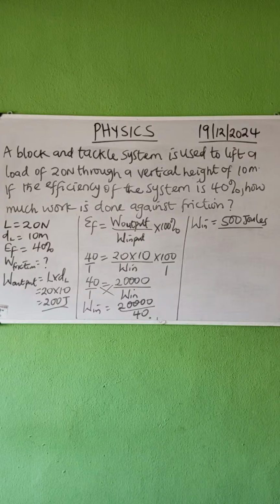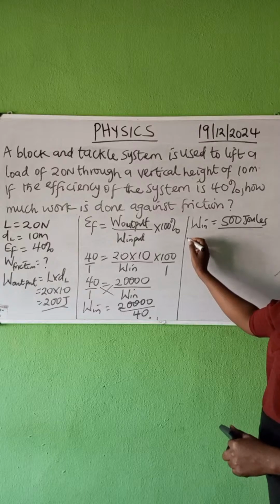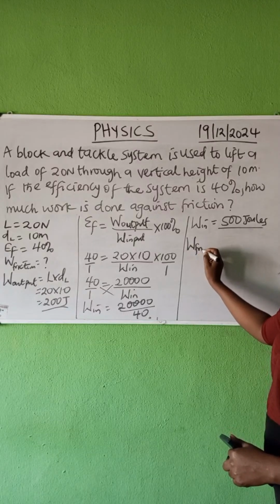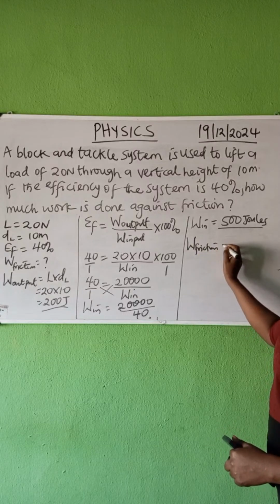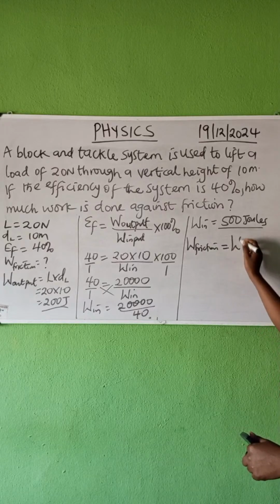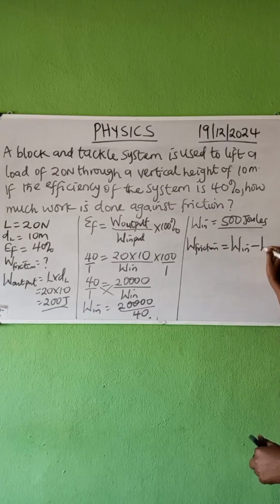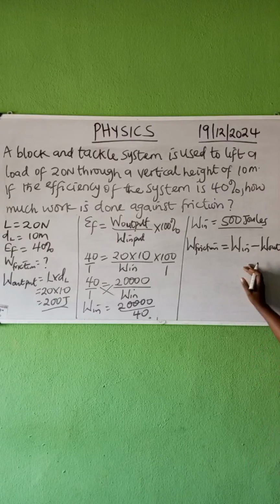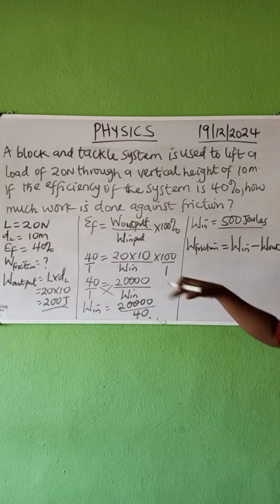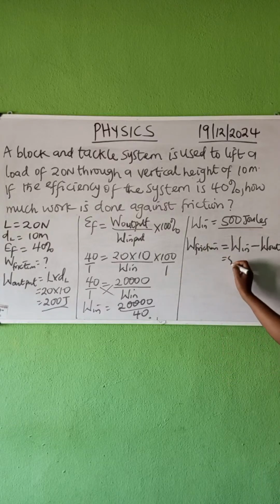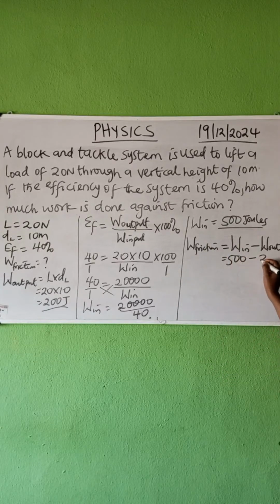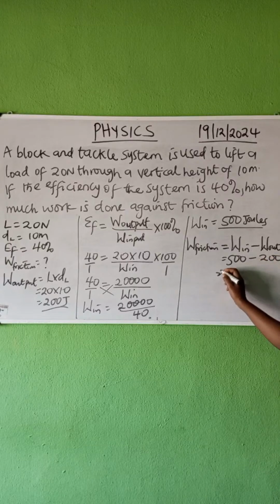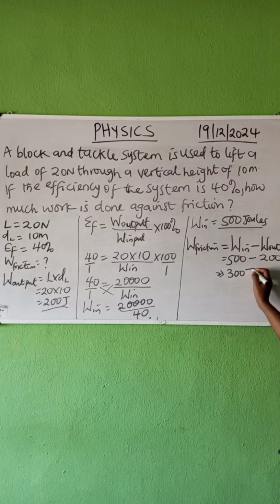Alright, so for us to get the work done against friction, work done against friction is equal to work input minus work output. That is 500 minus 200, and the answer is equal to what? 300